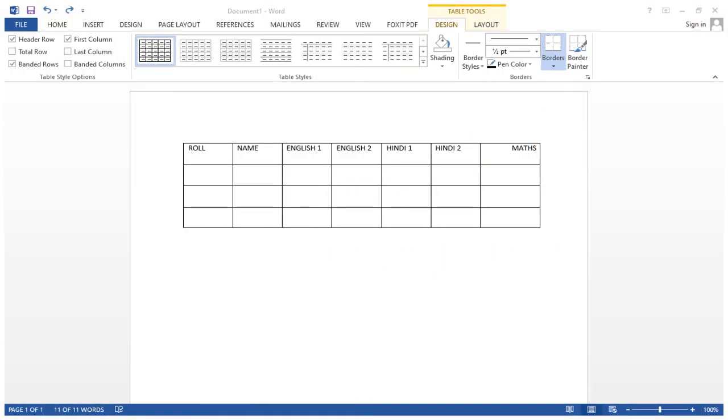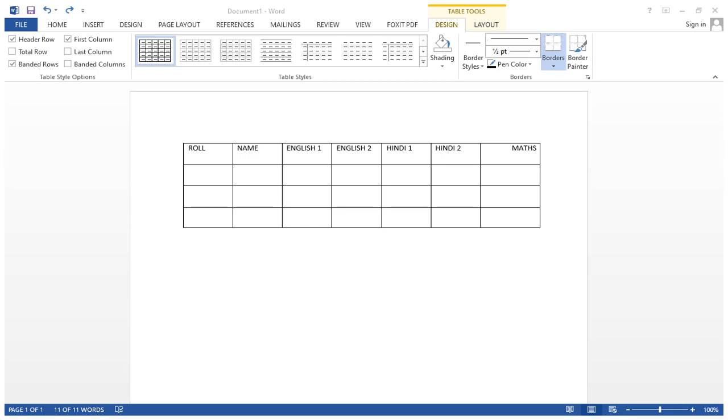Let's see, this is the table. This is my previous table which I created. So these are the fields. So how can we give the borders and shading? First of all, we will keep our mouse cursor here. Okay. So the table move handle will appear, and as a result, the entire table will be selected. Then you will click on the Design tab. Which tab? Design tab.